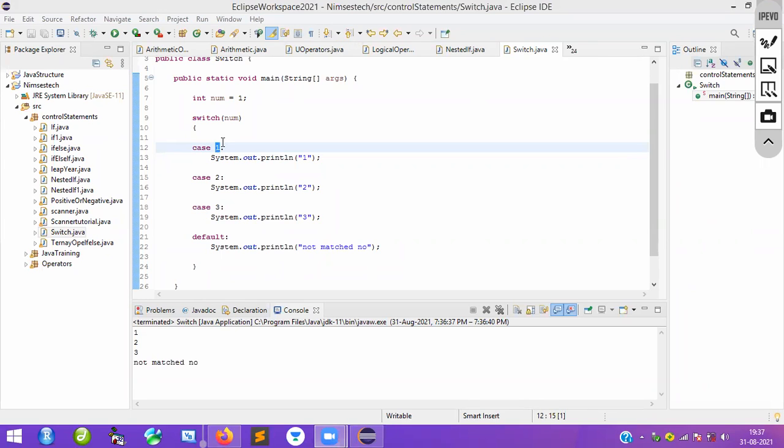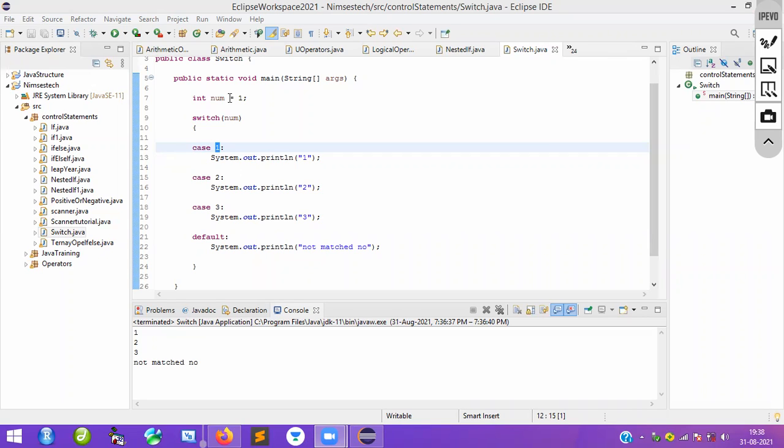Okay, fine. So like this, if you want, you can create it. For string also you can give it like this. Again, months, whatever you wanted, you can do it. But I will show you a small program.